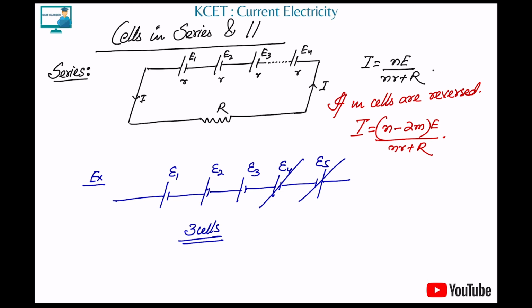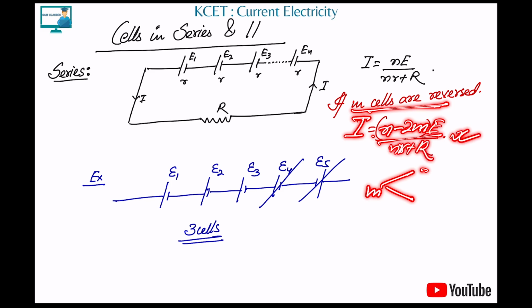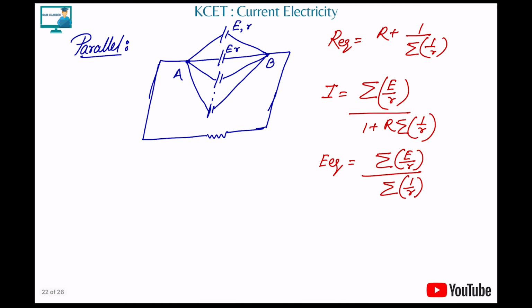So in that case, if M cells are reversed, what will happen? N minus 2M, because each reversed cell will destroy 2 of the cells. So the current is (N minus 2M) into E by nr plus R. Clear, everybody? Okay. Coming to the next, in case of parallel,